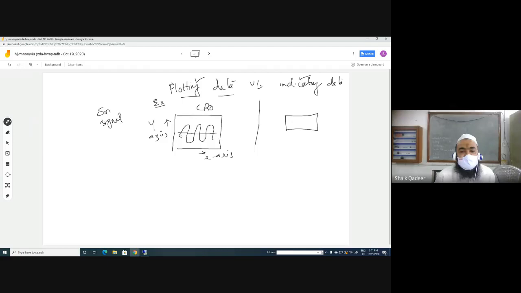Suppose this is the value at instant 0. This is at instant 1 and this is at instant 2. So here at instant 2 the value will be, suppose the peak value is 1. So we can observe at instant 2 on the numeric display the value as 1. At instant 1 it was, suppose, 0.5.